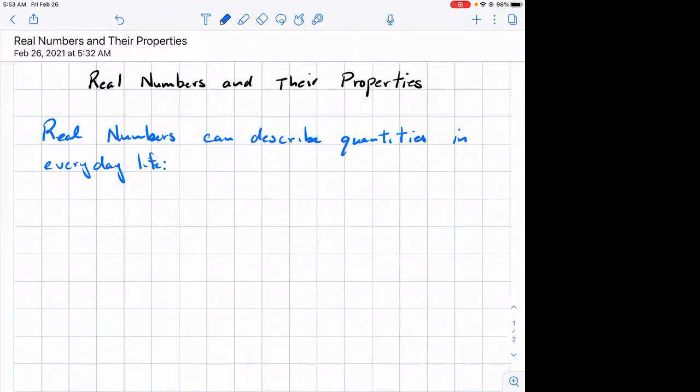And some examples of these quantities that we're talking about are things like height, your age,